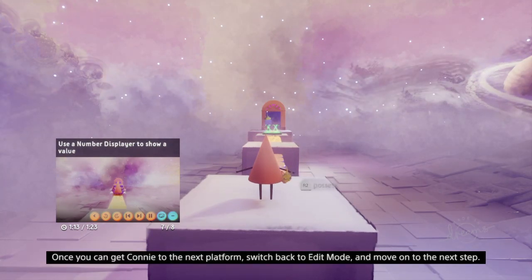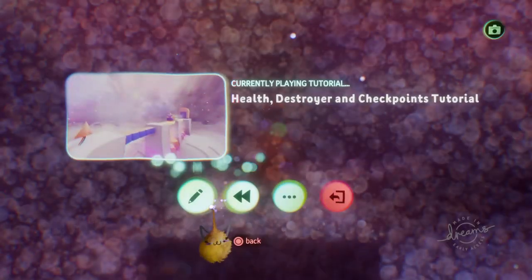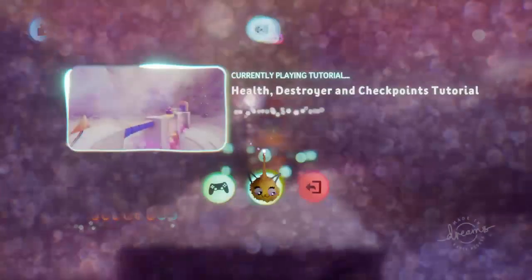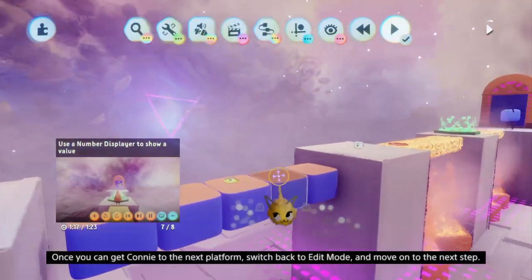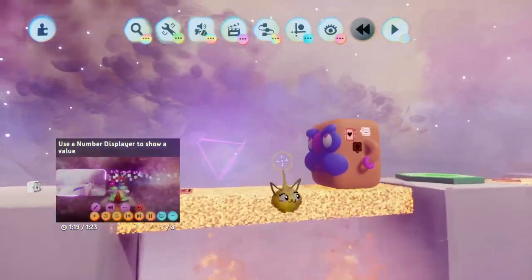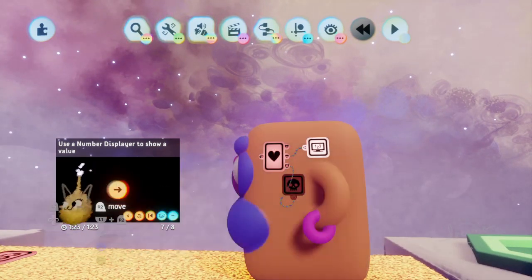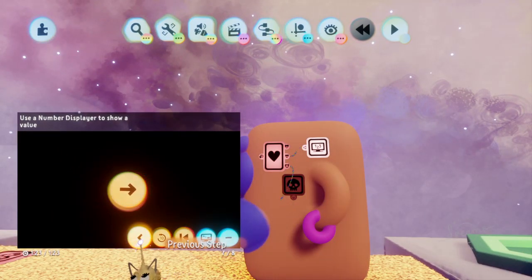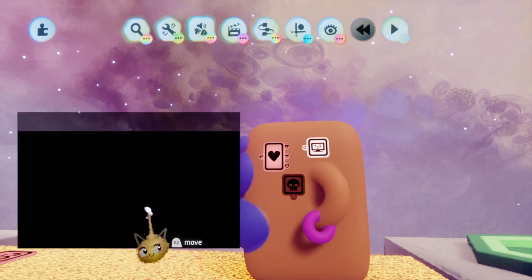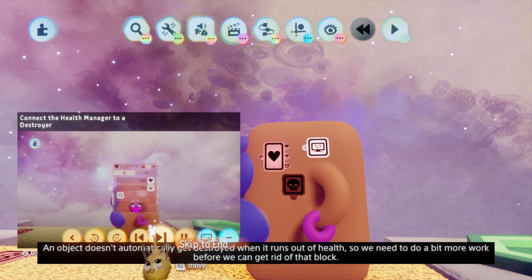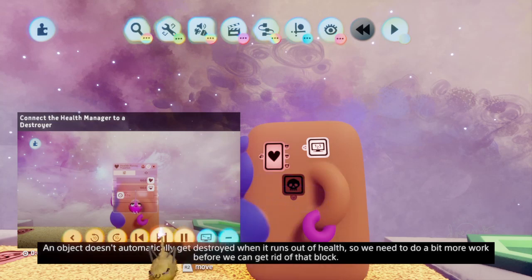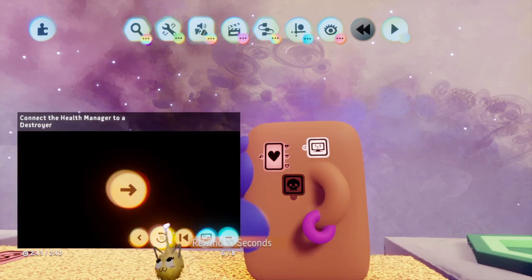Once you can get Connie to the next platform, switch back to edit mode and move on to the next step. An object doesn't automatically get destroyed when it runs out of health, so